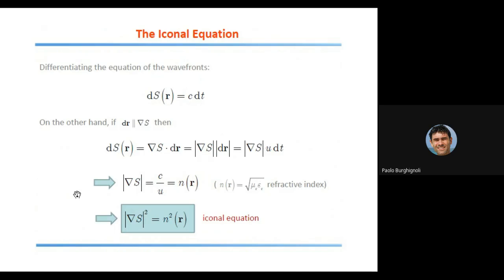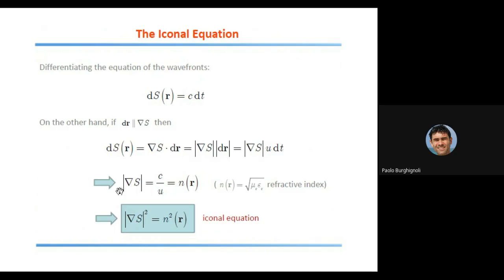And so you can also write that your differential ds is equal to the dot product of the gradient times the differential of the position vector. Then it's equal to the product of the absolute values of the gradient and of the differential of the position vector, the latter being equal, of course, to the product of the velocity u and the differential of time. So if you compare those two expressions,